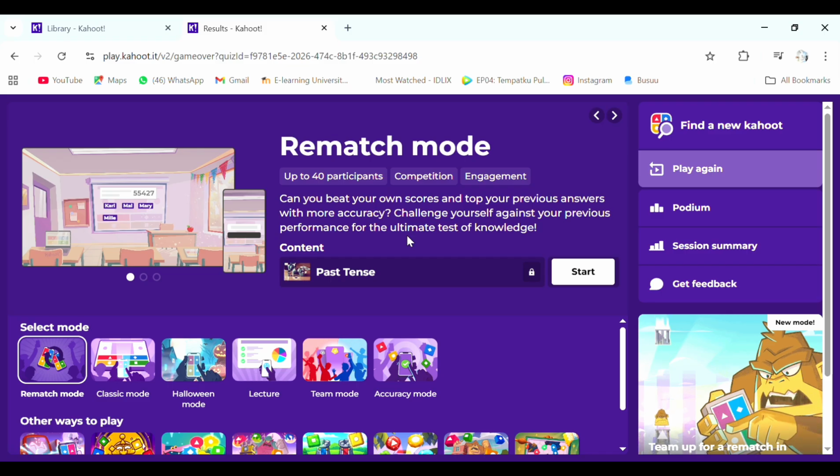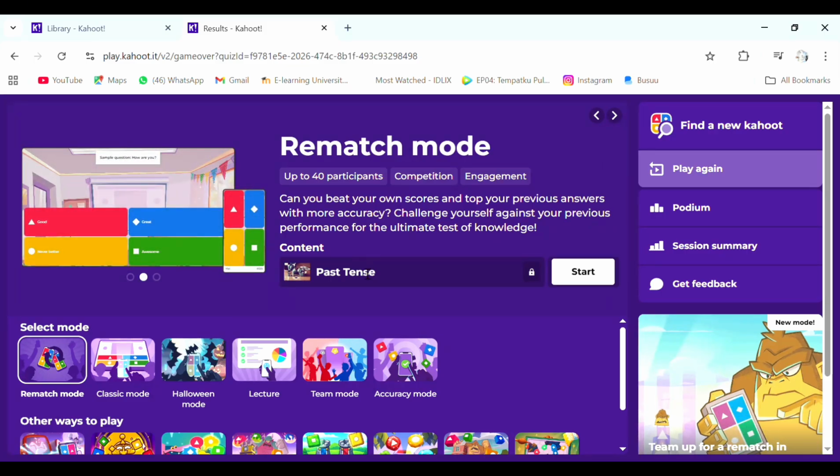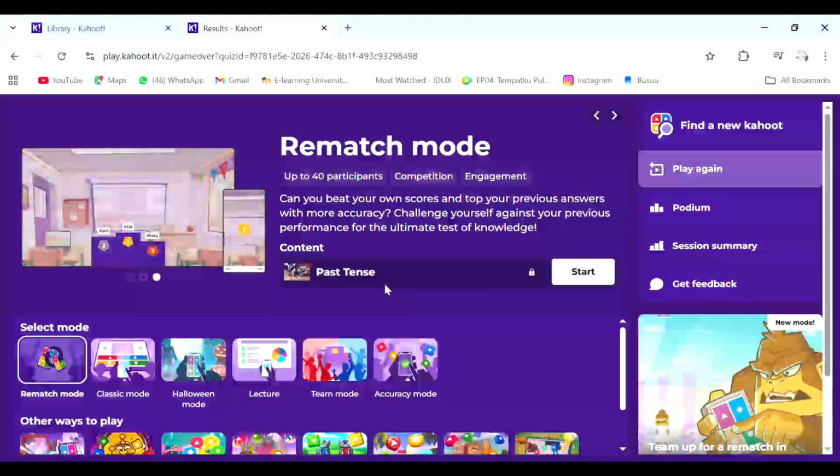So Kahoot does not just make learning fun, it also helps teachers track progress and plan the next lessons better.